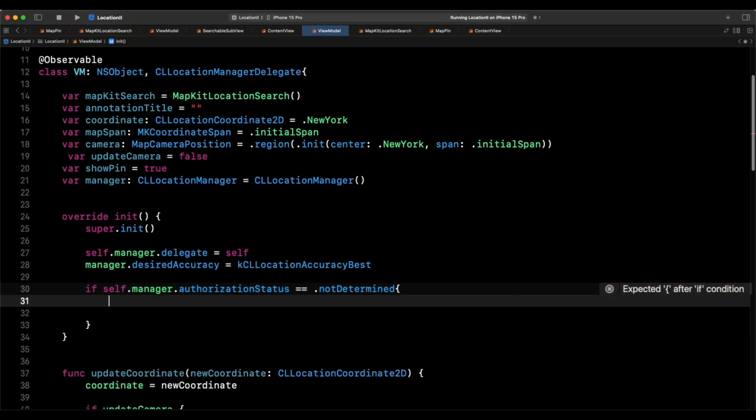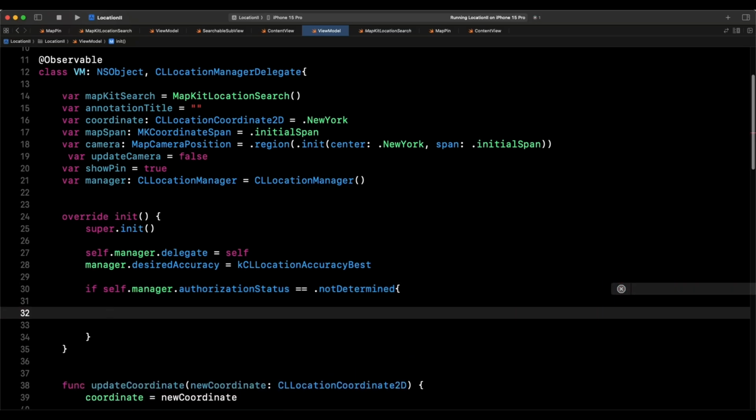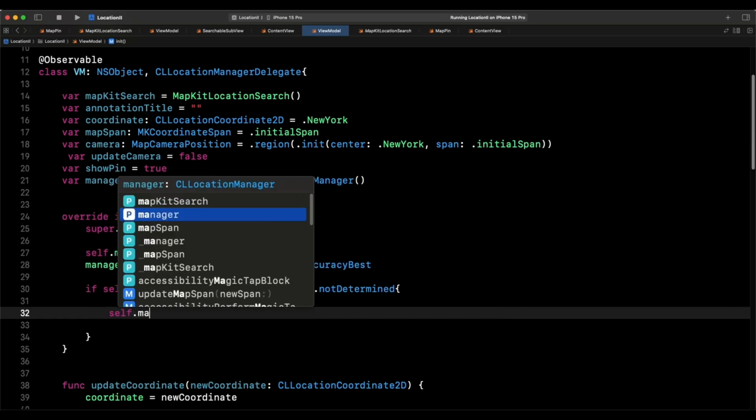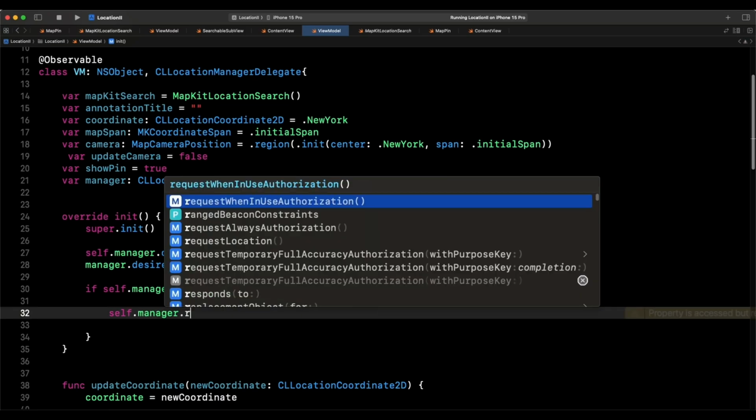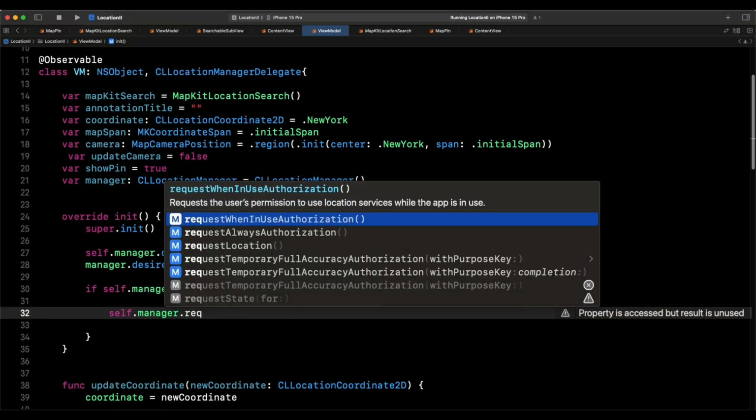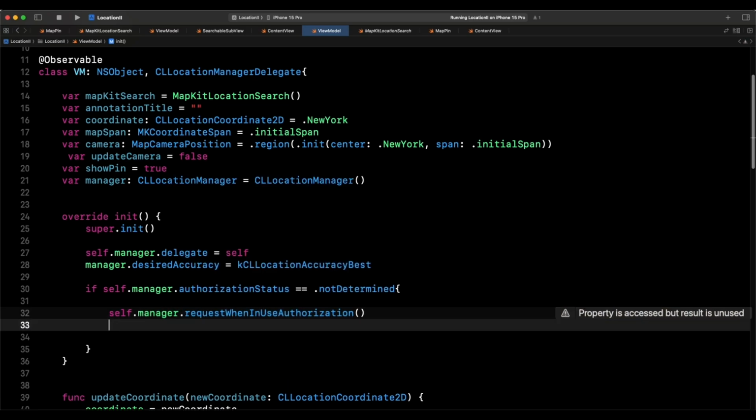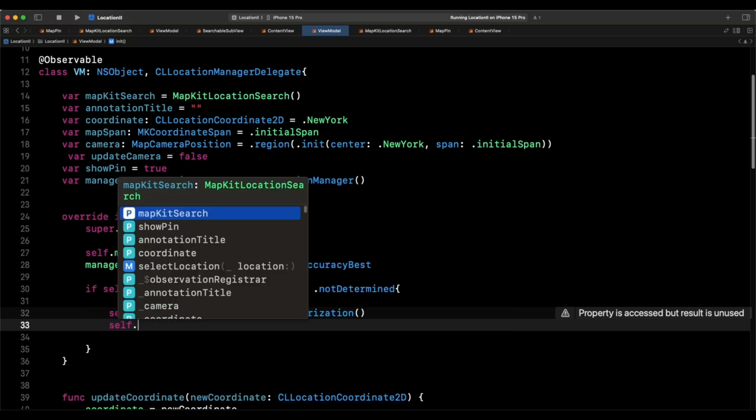We're just going to come here and say, if it's not yet determined what authorization we've been given, we're just going to say self.manager.requestWhenInUseAuthorization, like so. Then we say self.manager